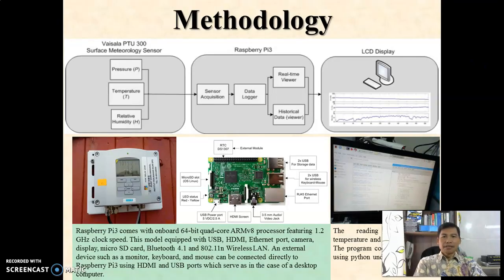This is the system. We can see the first component is the PTU 300 sensor. We measure pressure, temperature, and relative humidity, and the middle one is Raspberry Pi 3. It consists of a sensor acquisition, data logger, real-time viewer, and historical data. We can see here the component of